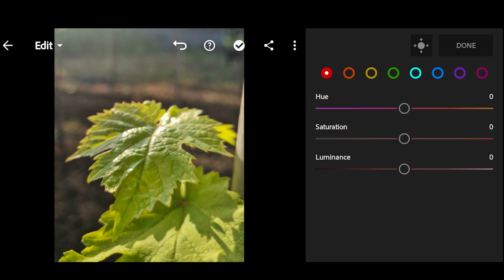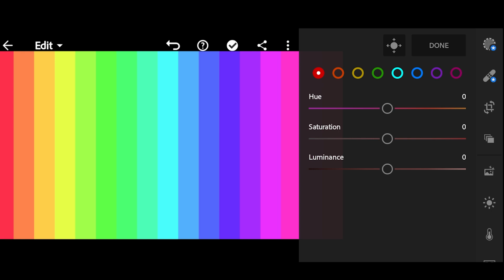So here in this panel, we have control over all the colors, and in each color we can change the saturation, luminance and hue. To show you the working of these sliders, let's open up an image. Here in this image we have different segments of all the different hues, ranging all the way from red to magenta and then again at red. Let's first look at the red color. So I'll select the red color here.